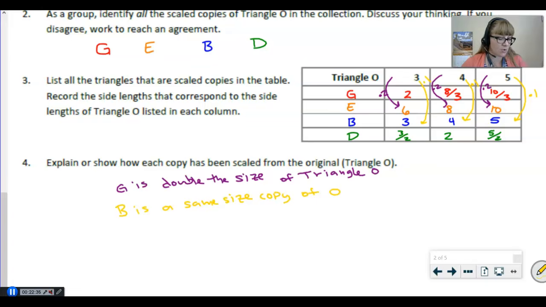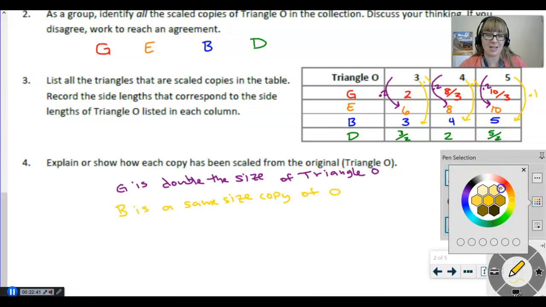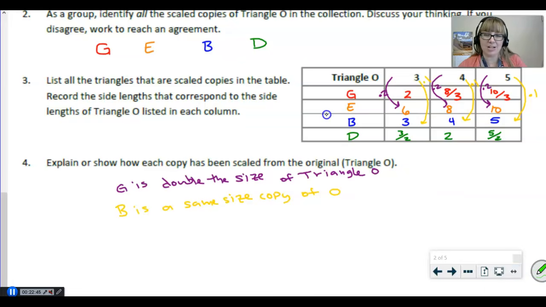And now we get to the trickier ones. I'm going to skip ahead to D now, because D is the next easiest one. And on triangle D, how did it change? How does a 3 change to be 3/2? And I know you're probably thinking to yourself that it's half, that we're dividing it by 2, and that is absolutely correct. But I want us to get into the habit of thinking of it as a multiplication relationship. So let's write down D is half